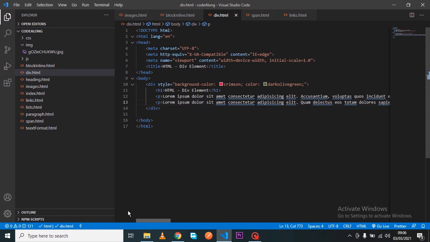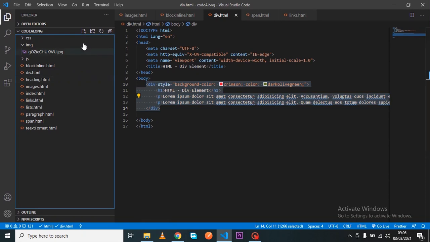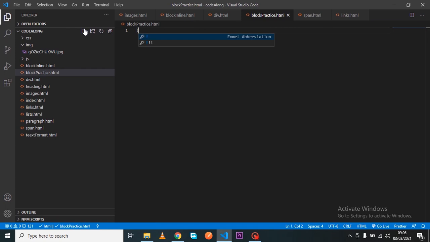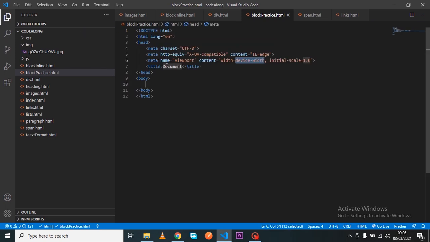Okay, let's go back and use the div page. Like I said, there are other container tags just like div. Let's just have a look at them and then use them to structure a page and give you a better understanding. Let me create a new page. So let's say block practice. Let's call it block-practice.html. This is not a self-descriptive page name. Okay, so HTML